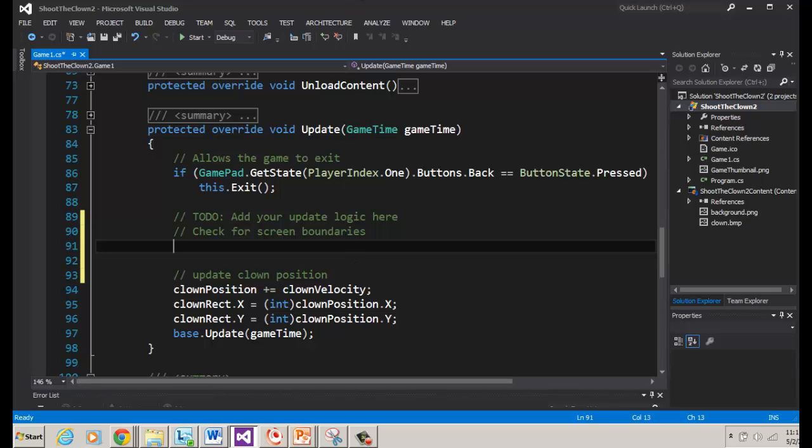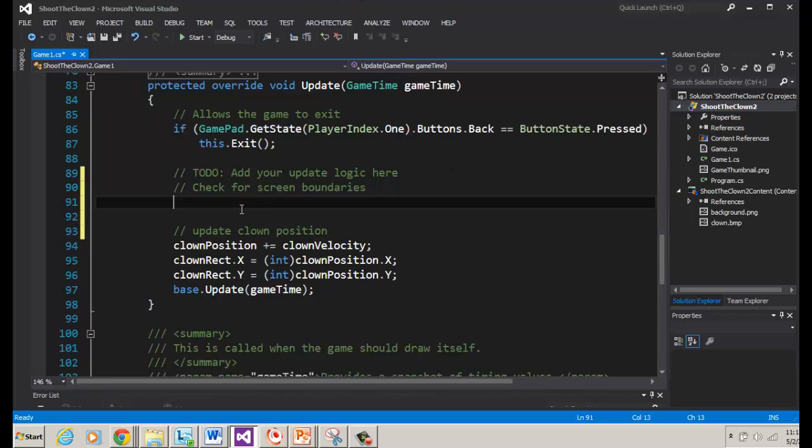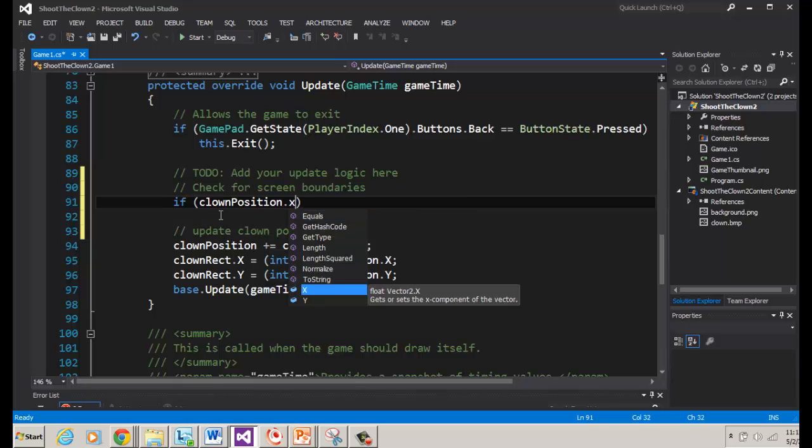So that's what we're going to do next. Okay, so let's check. Remember, we're checking if, right? So if. Now, in Python you don't have parentheses, but in C# and many other languages, whenever you do an if and you do a Boolean comparison, you've got to put them in parentheses. So we're going to check the clown's position. If the clown position dot x,